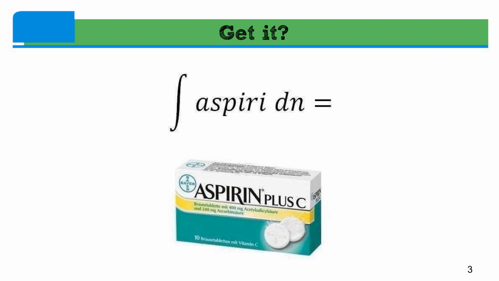Now, the reason I included the joke was because it does illustrate one of the things we've talked about already. The dn, as Maria mentioned, tells us that the variable for this problem is n. So all of those other letters, A, S, P, I, R, I, are all constants. So when you take the integral of that constant, you get the constant times n. And then, of course, since it's an indefinite integral, you throw a plus c on the back end. Hence the reason we get bare aspirin plus c.